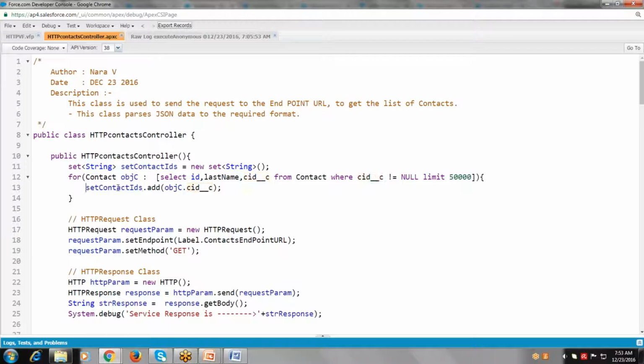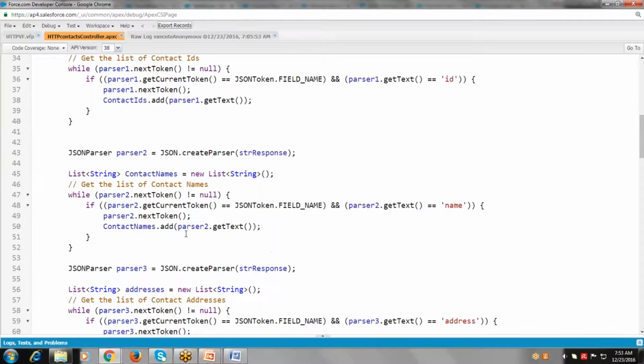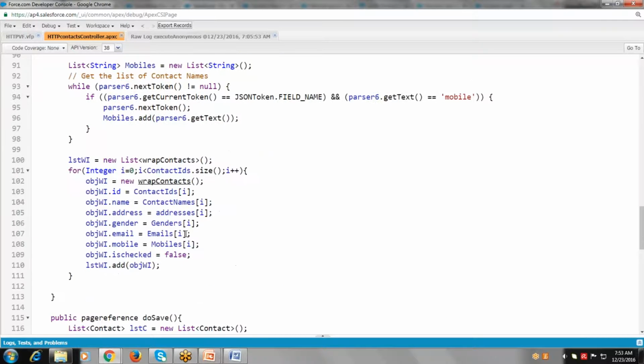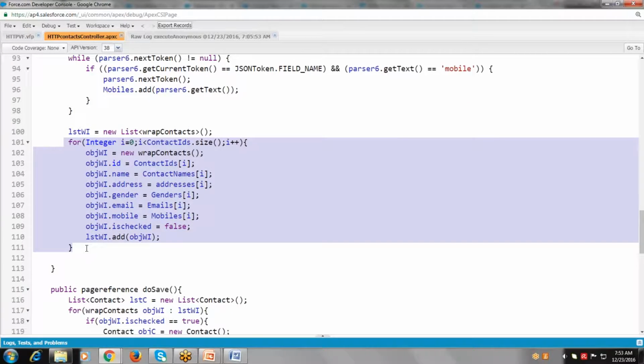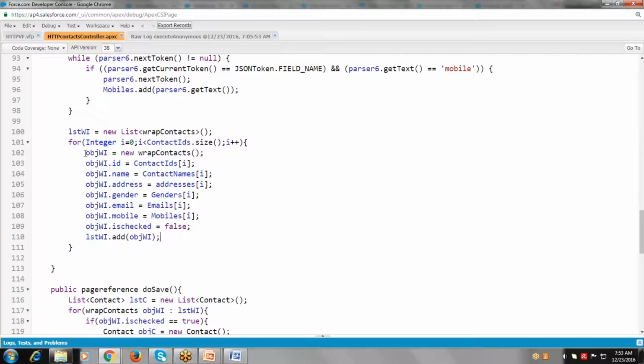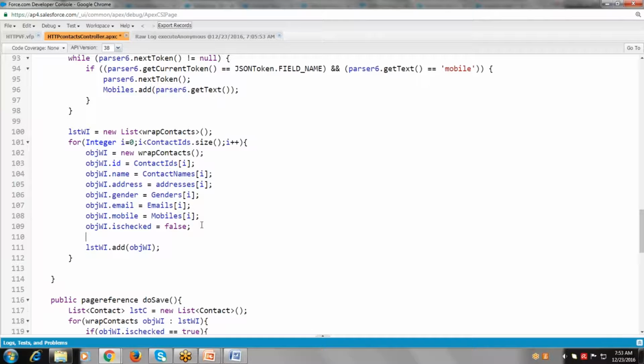So you simply get those records, and whenever you prepare the response, so here you are preparing the response to display the data. So you can just put a condition. Here is a contact ID, right? If